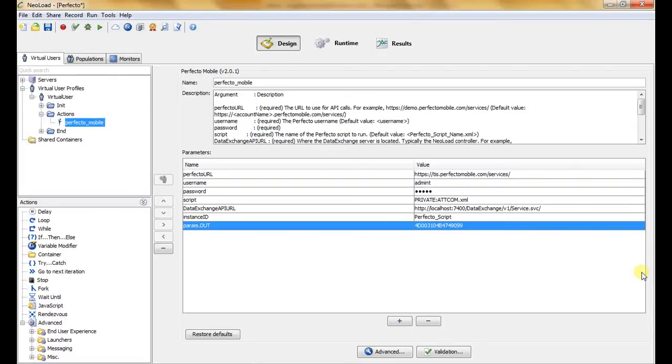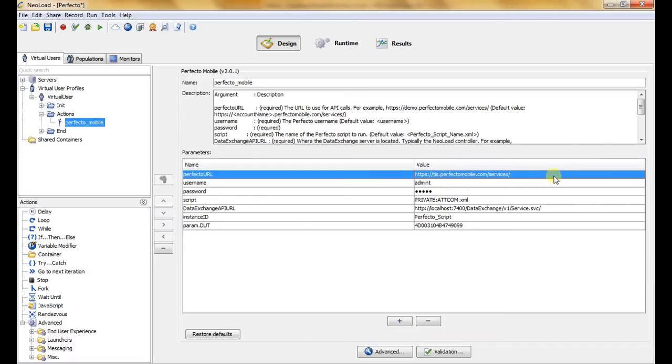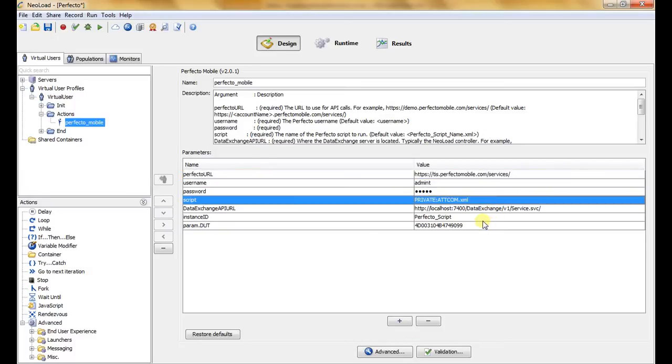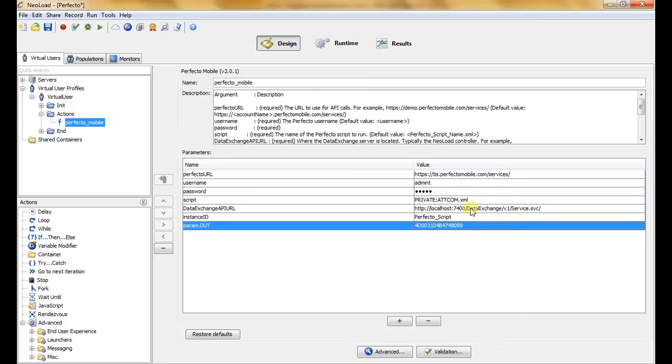Neoload offers some kind of built-in support for Perfecto integration. There is a plugin that just requires some values: the URL, the credentials, the script name in Perfecto, and the device ID. Then Neoload is able to communicate with Perfecto through the HTTP APIs that Perfecto is exposing. So using some basic HTTP requests,